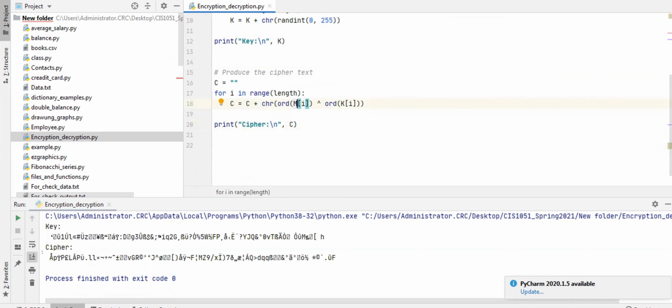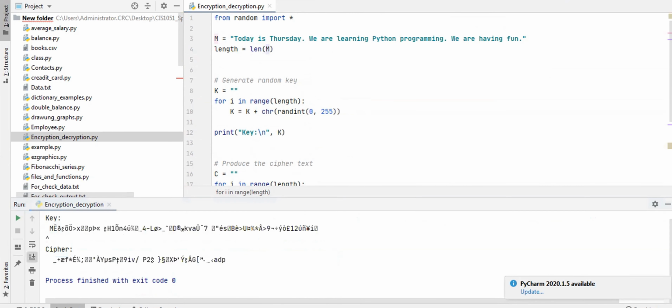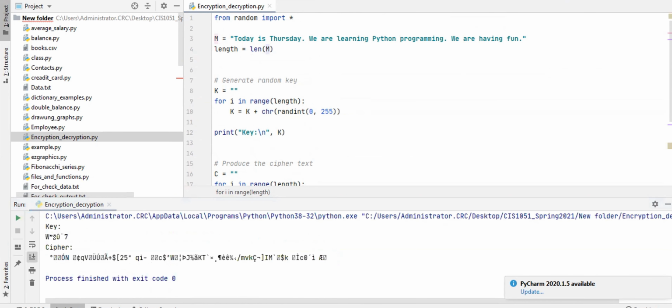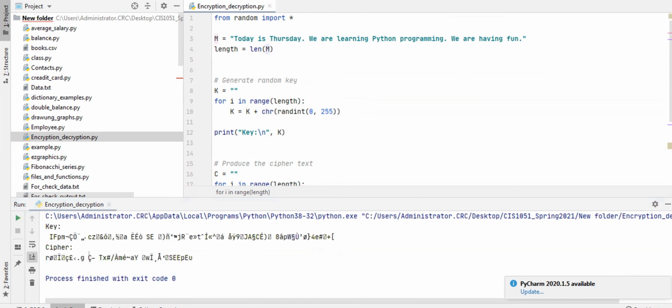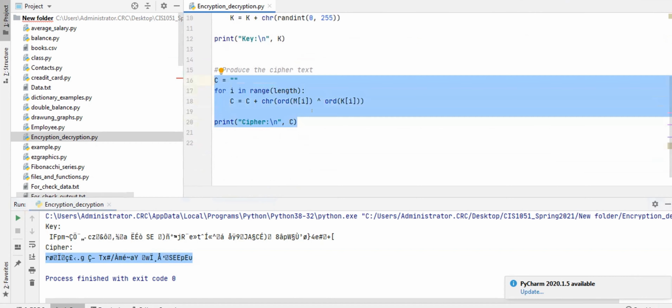So you can see that the ciphertext looks like this, which has no connection with the original message, and it will be very difficult for anyone to interpret the original message from this ciphertext. If I run it a different time, you see that different ciphertexts are getting generated. So it is very difficult for anyone to interpret what's there in the actual message. And this ciphertext you are basically transmitting through your insecure channel.